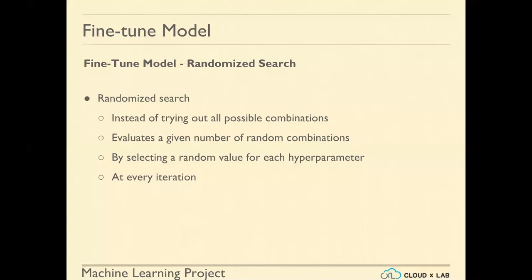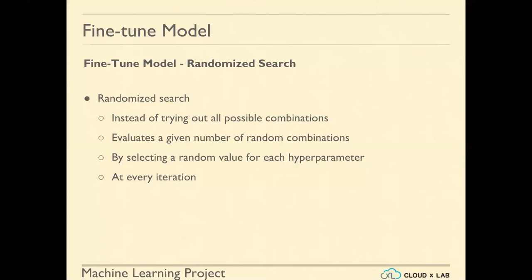As the number of parameters or the values rise, let's say we want to try something between 1 to 1 million, it could be 100, 10,000, 50,000, and so on. There could be thousands of values. So instead of trying all combinations, we let it pick a random combination by selecting a random value for each hyperparameter